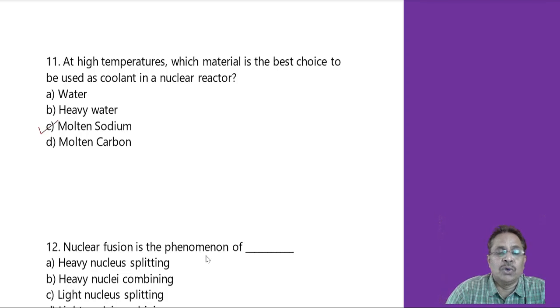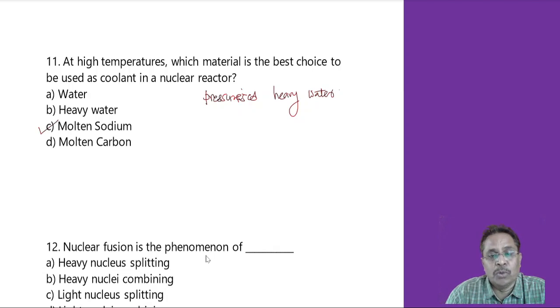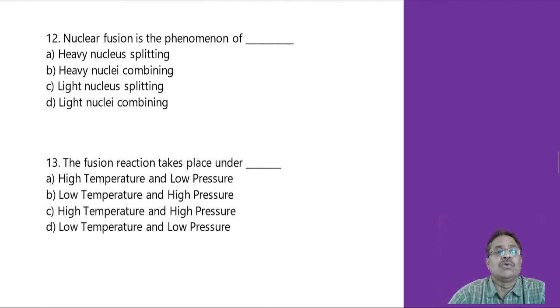Otherwise you have to pressurize this water. So pressurized heavy water is also used sometimes, because we know that if we give more and more pressure on this particular water, then its boiling point increases, and thereby it can take sufficient amount of heat from the core to the outside of the surrounding of this nuclear reactor, so to the heat exchanger. So therefore either we can use pressurized heavy water, or we can use molten sodium type of elements for efficient cooling.